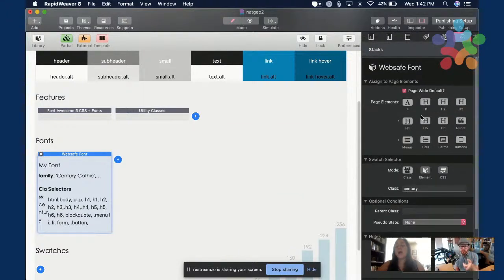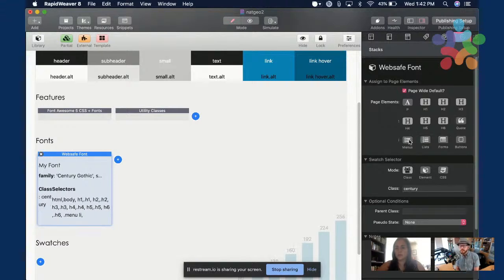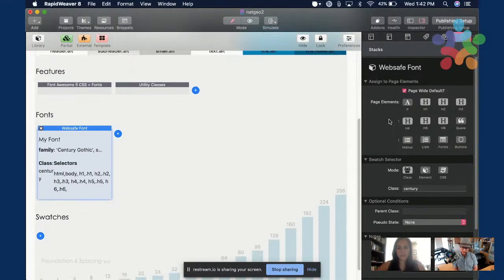If you uncheck P and quote and everything in that bottom row, it's essentially the same effect. Just to let you know, I thought if it's okay, I might interject with a couple small tips and tricks here and there. No, that's what I wanted. Perfect. I want you to interrupt me as much as you want. Cool. Okay, so great. That's a great tip.